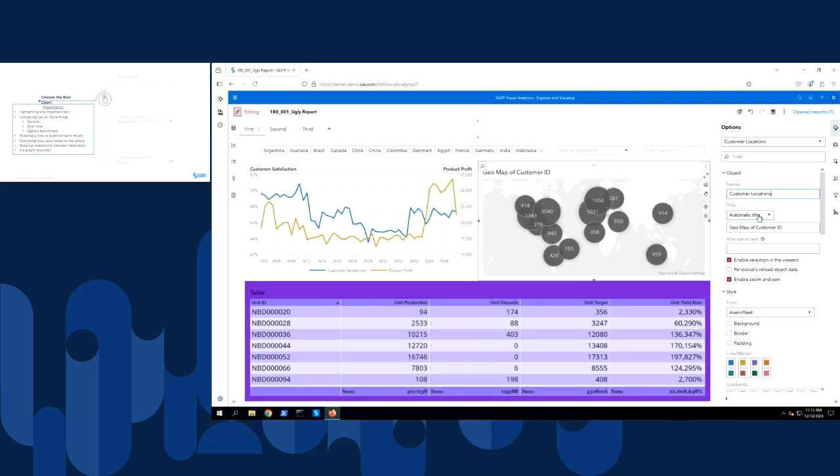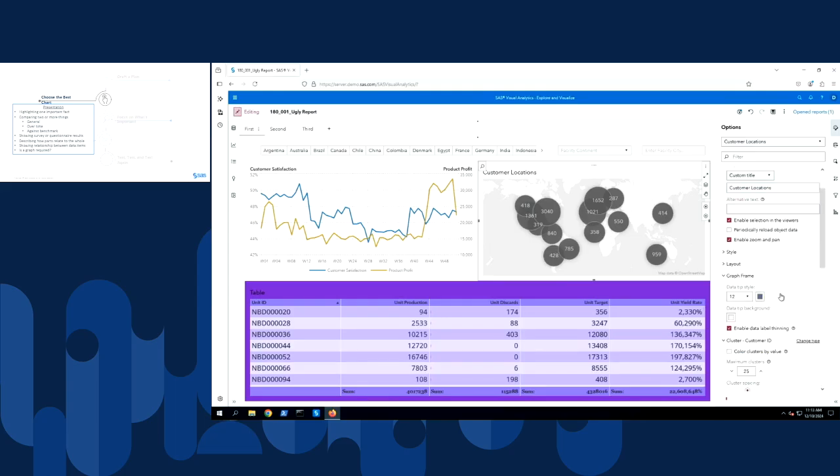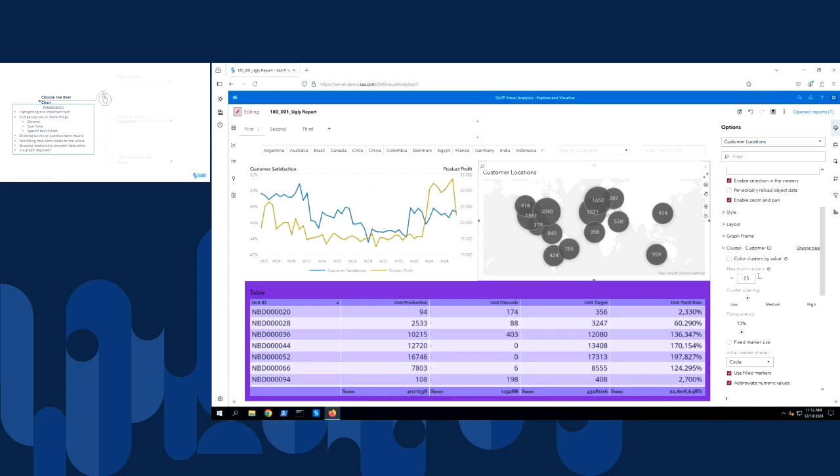I'm also going to give it a custom title, and I'm going to do the same name, customer locations. So like I said, it depends on your audience and your report, which objects you'd like to give titles and which you don't need titles for. There's also specific options in the cluster group for geo clusters. I can specify the maximum number of clusters to display.